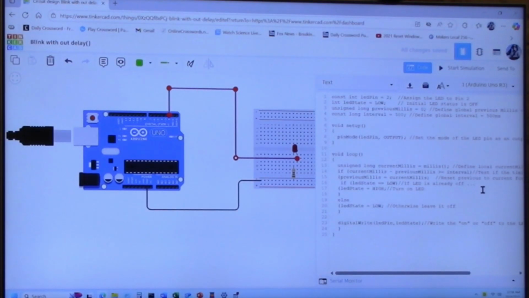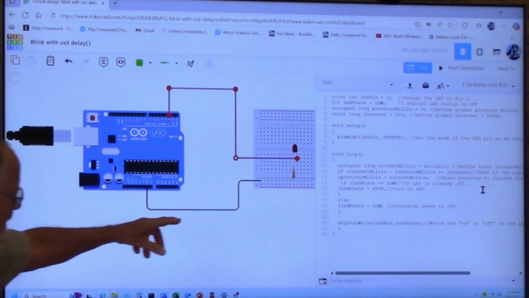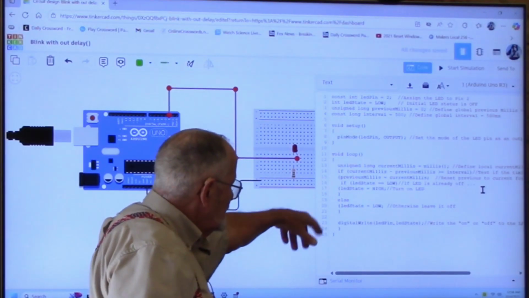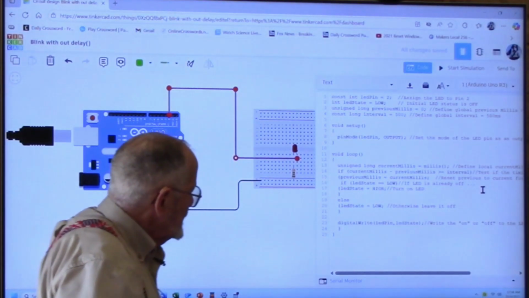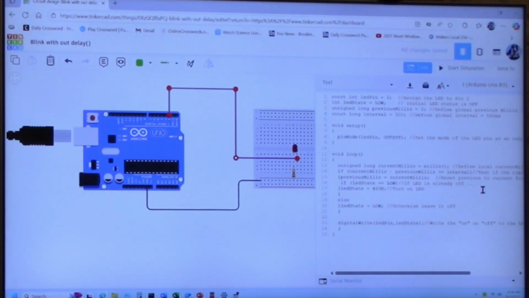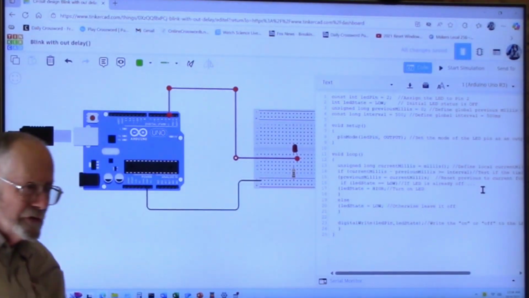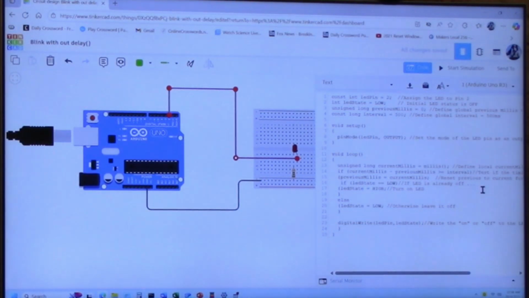And if that's correct, if it says if LED state is low, the LED is already off. Therefore, turn the LED state to high, which turns it back on again. Okay? Otherwise, leave it alone. And then it says go write that out to that pin. So it's going to turn that guy on and off. All right? So this is just turning it on. So what we're going to do